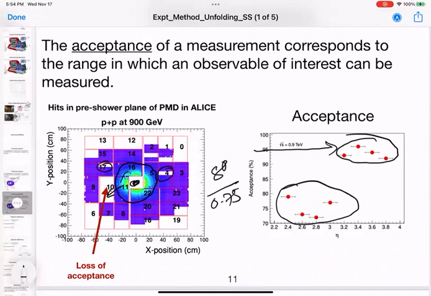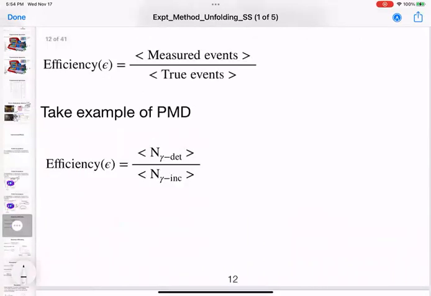Okay, so after this acceptance part, there is another important part called the efficiency. In general, we define efficiency as the measured events divided by the true events. Even if your detector has 100% acceptance, with no dead cells and no gaps between the sectors, for example in the PMD, you might still lose some particles. That is defined by this